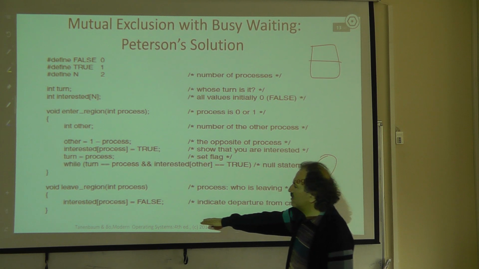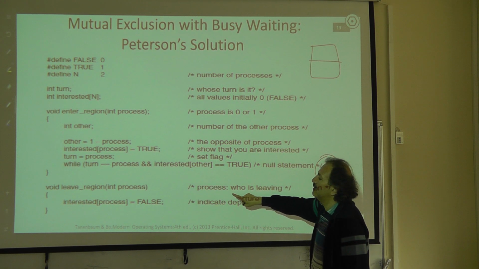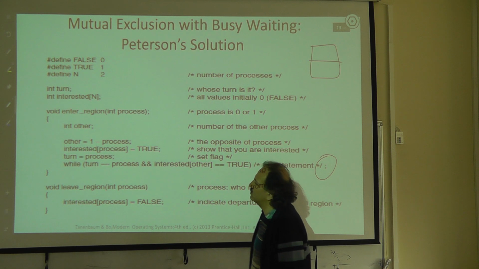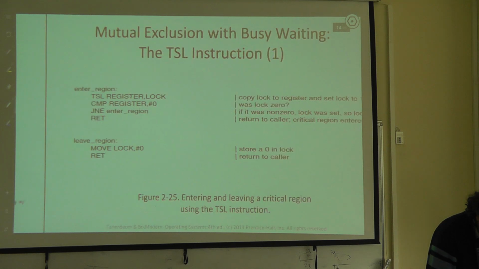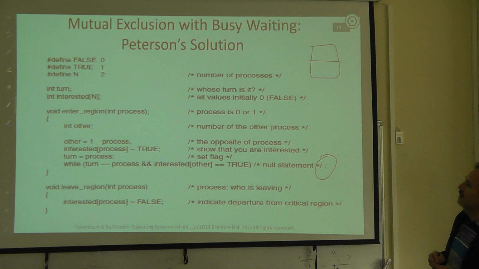And when I am leaving my critical region, I mark interested in my own position as false. This is the whole thing, and let's see how it works. Two processes are beginning from the beginning. Two processes are working, and process number 0 started